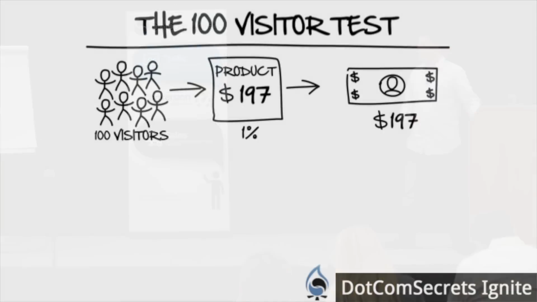So here's the 100 visitor test. This is a ton of data. It wasn't just 100 visitors I sent, but to break it down in simple numbers, we sent a ton of people through, and out of 100 visitors selling one of our front-end $197 products, we averaged about 1% conversion rate. Now, for me to write a sales letter to sell a $197 product, it had to be a dang good sales letter to get 1% conversion rate. That's an expensive product to sell. It took me a ton of time and effort and energy. We go through this process, and from that we got about 1% conversion rate, which I was really proud of. So we made $197 on this process.